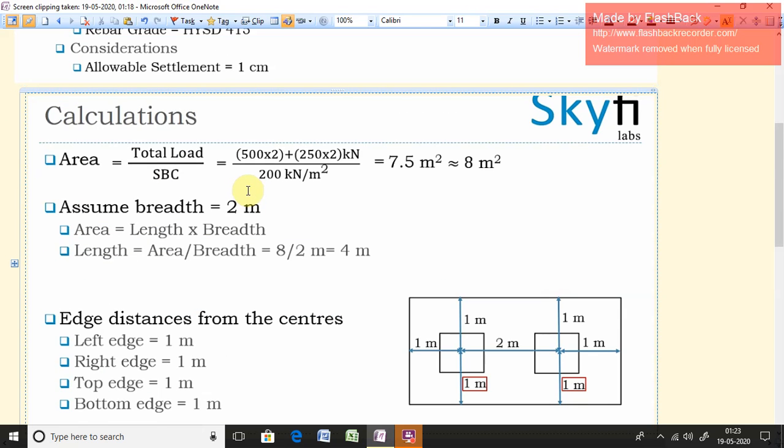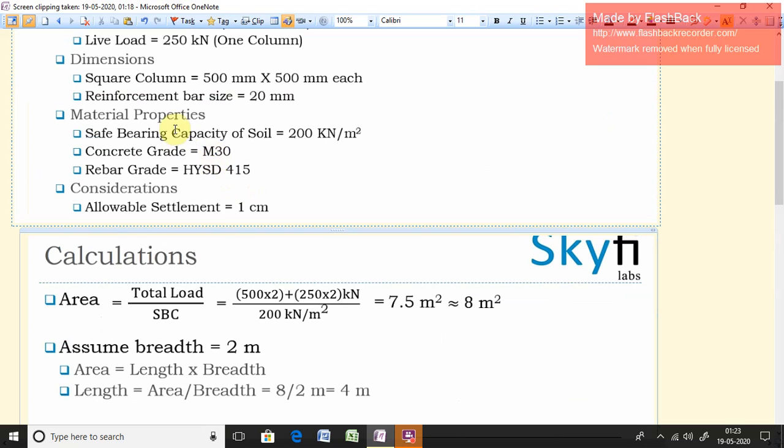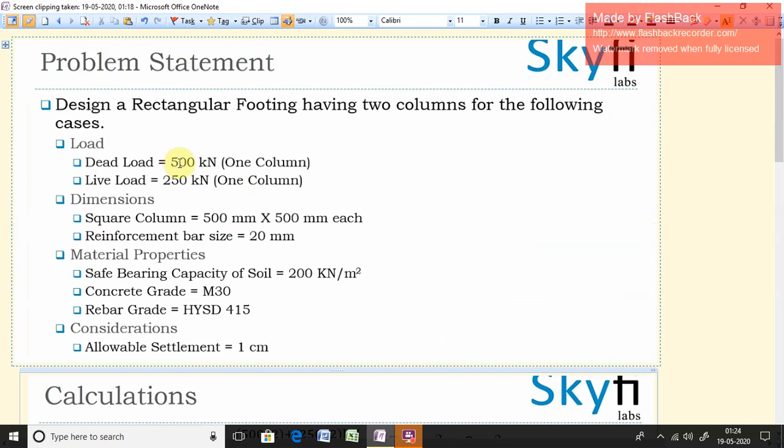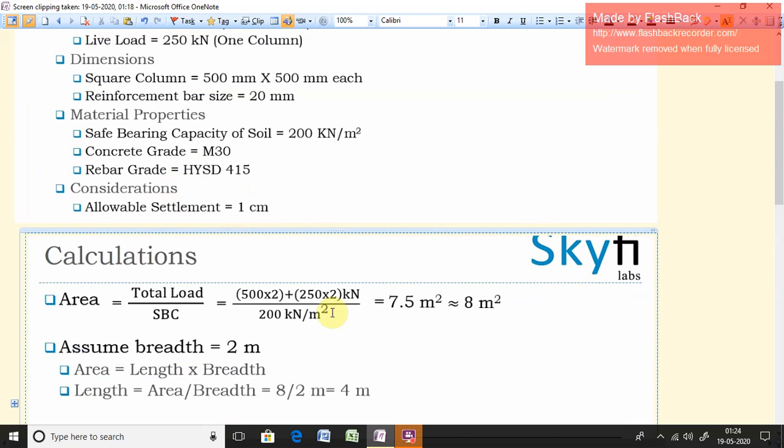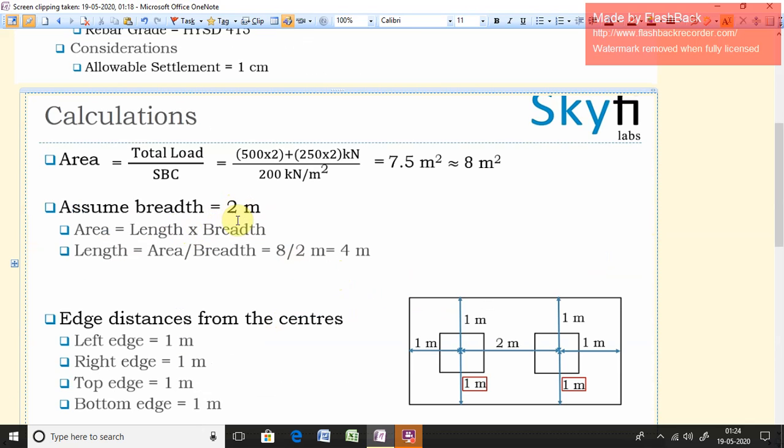Next we are starting the calculation. First we have to calculate the area of the footing. So first, total load: 500 dead load of one column, so into 2, and live load of two columns, so 250 into 2. Total load, safe bearing capacity of soil is 200 kN per meter square, equal to 7.5 meter square. So we are taking it as 8 meter square. Assume breadth equal to 2 meter, so area is equal to length into breadth. Length equal to area divided by breadth, 8 divided by 2 equal to